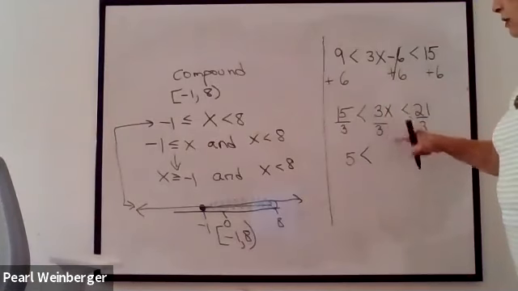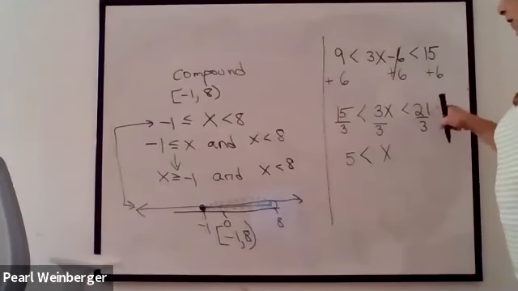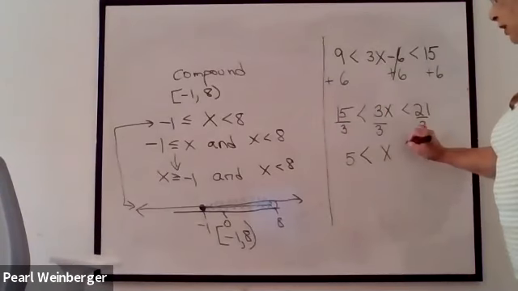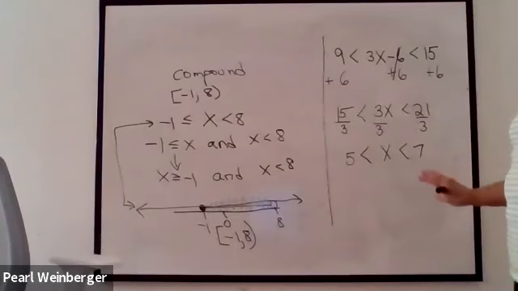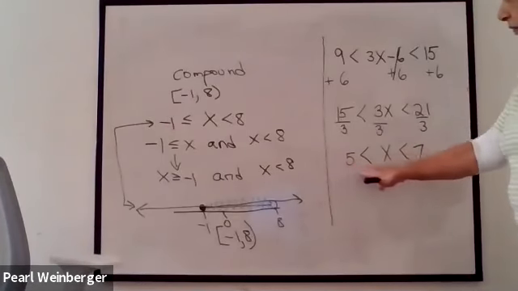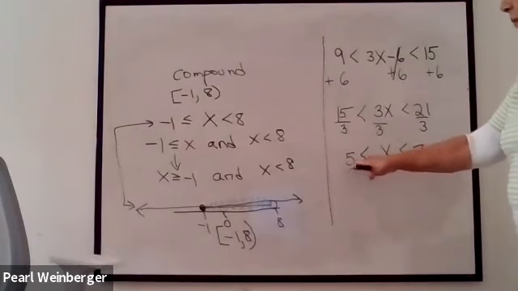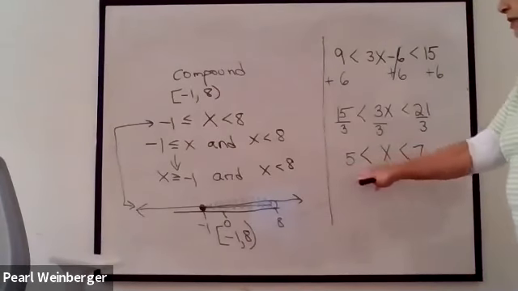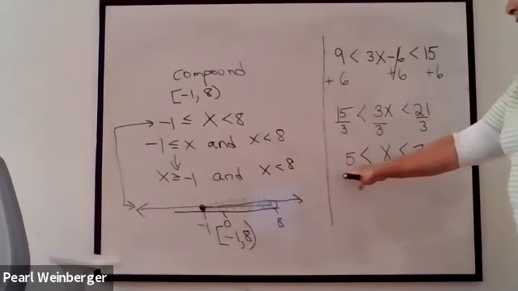Then I have 3x divided by 3, which is x. And then I have 21 divided by 3, and that becomes less than 7. Again, I divided by a positive number, so I leave the direction. I now have my compound inequality in its simplest form. This is the solution